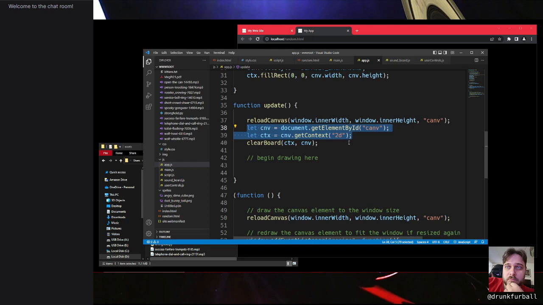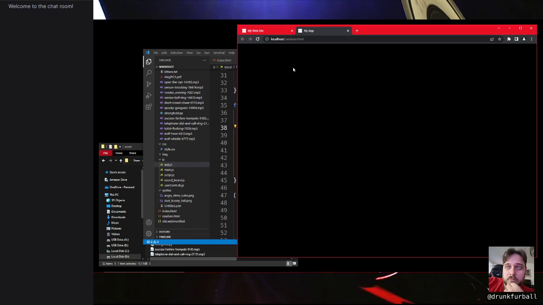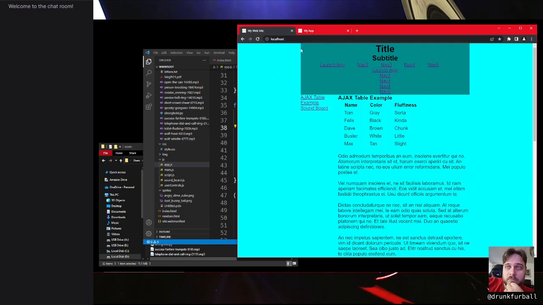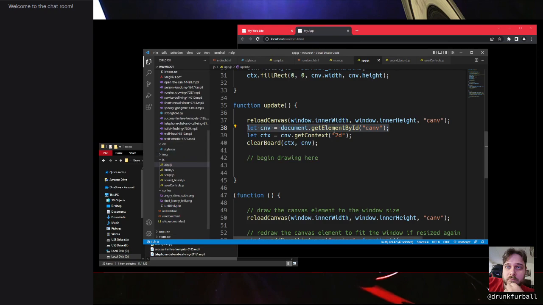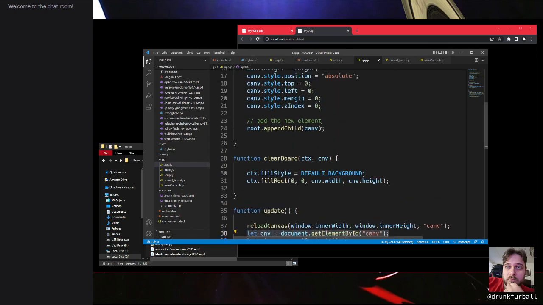And we probably didn't talk about this as much as we could have, or as much as we should have. And let's remedy that. What's happening here is we are on this page, which only has this one big canvas element named Canv. It's given the ID of Canv when we create it,